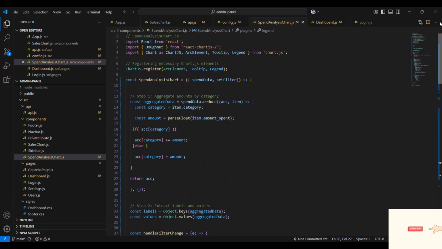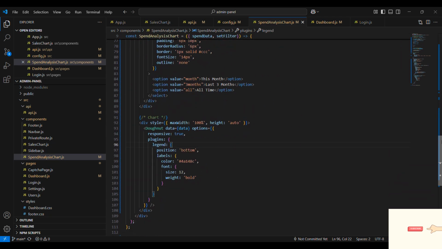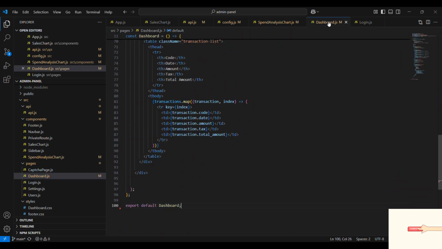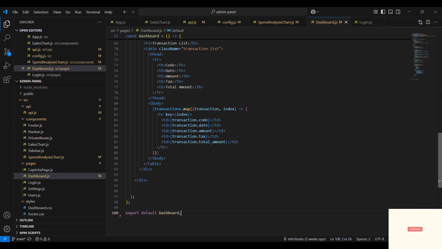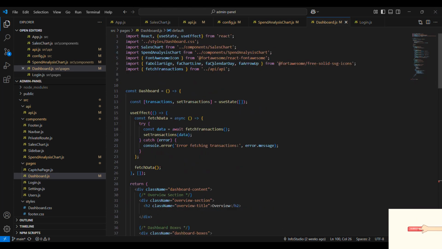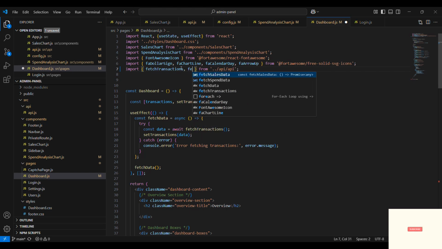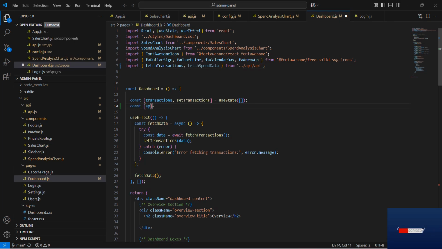Okay, now we will make some simple but powerful updates to our dashboard.js file, so that we can actually display the dynamic spend analysis chart with real-time data fetched from the backend. First, we will start by importing a new API function, fetchSpendData, right at the top. Then we introduce 2 new pieces of state.